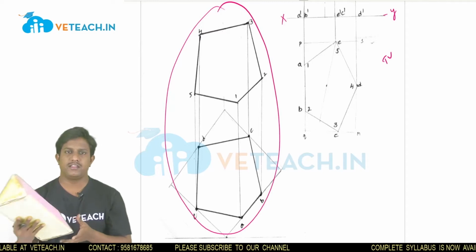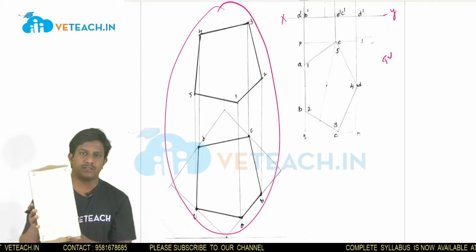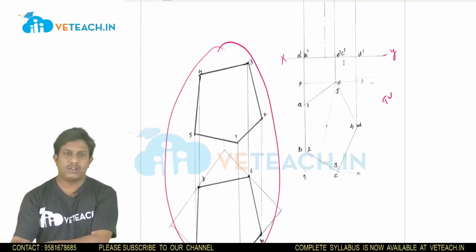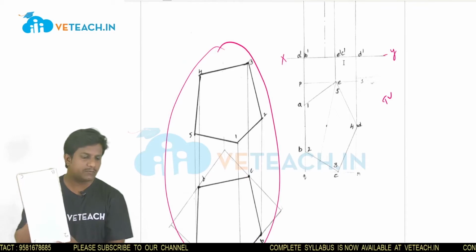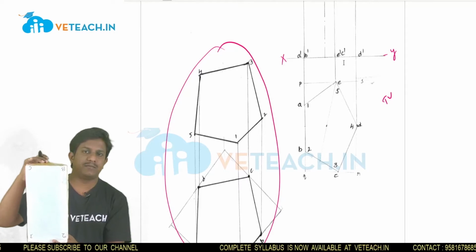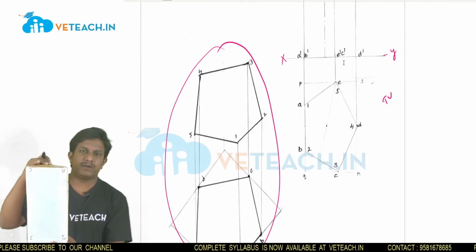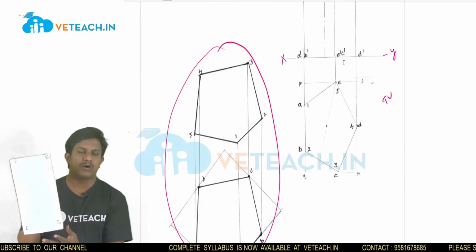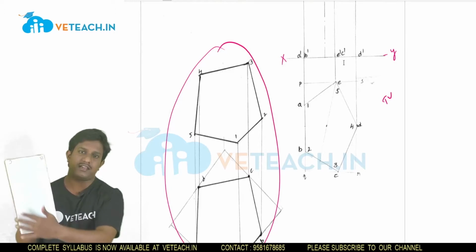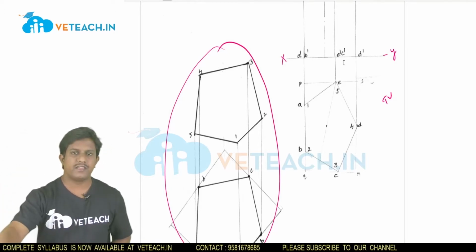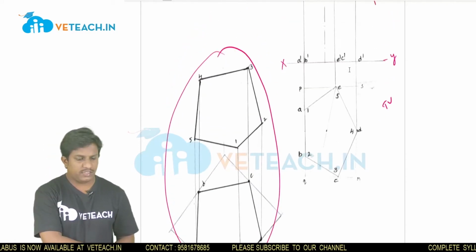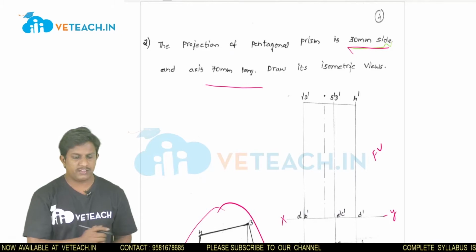If you see here, this is the shape of a prism. For a prism we have a top face and a bottom face. Now in this question he has given a pentagonal prism. In place of a triangle he has kept a pentagon, that is a pentagon top face and a pentagon bottom face. We have rectangular faces in the prism. We need to draw all the 3 dimensions. See how to draw this diagram on the drawing sheet.